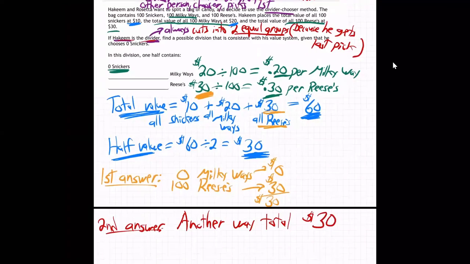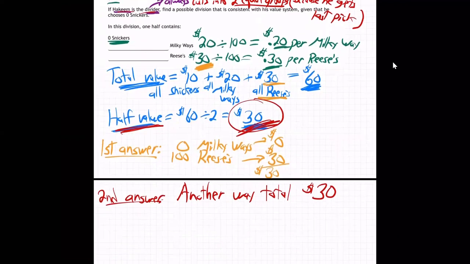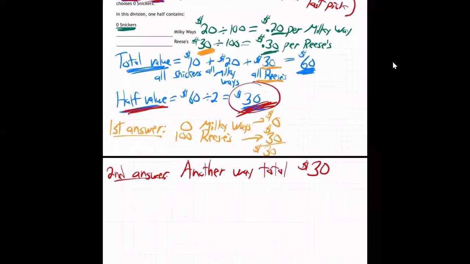Because that's half the value, as we found right here. Half the value is $30. And so Hakeem's going to break it into 2 piles worth $30 each. One way he could do that is just take all 100 Reese's and no Milky Ways. That's $30. Great. Another way he could total $30 would be, let's see, any way you can come out with